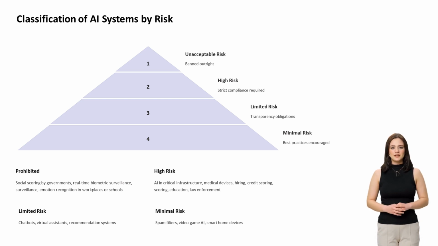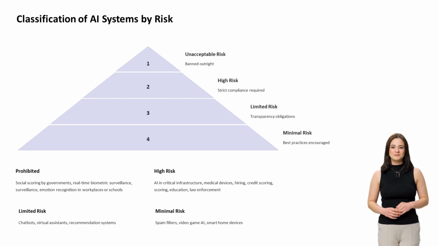This includes systems like social scoring by governments or real-time biometric surveillance in public spaces. These are considered a clear threat to safety and fundamental rights and are banned outright. Second, high risk. This category covers AI used in critical areas like medical devices, hiring processes, credit scoring, and law enforcement. These systems are subject to strict requirements, including robust documentation, human oversight, and rigorous testing before and after they